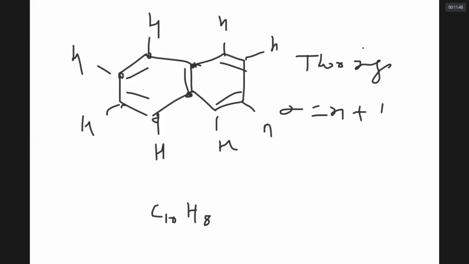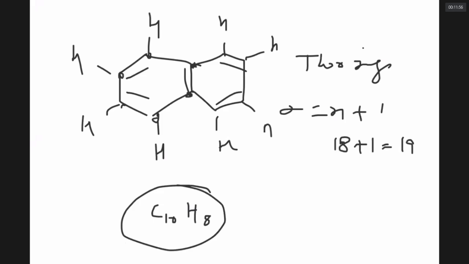Can you see? Yes, sir. We can see. Because it has 2 rings, number of sigma bonds is equal to number of atoms plus 1. How many sigma bonds? Obviously you can see it has 5 bonds if you want 5 bonds, otherwise don't worry. Are we very clear on this idea?